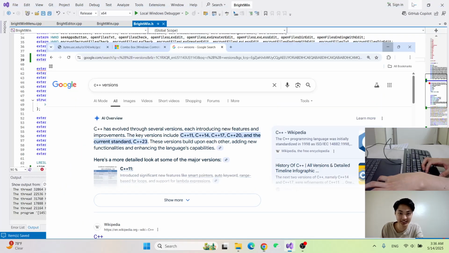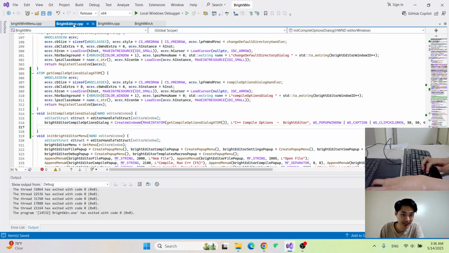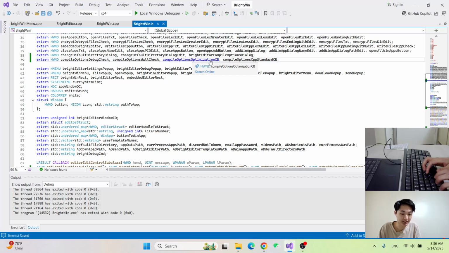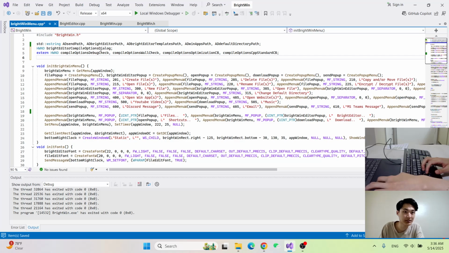Sure. Standard combo box. Okay, now let's create these things. Shoot. Okay, wait. Let's just copy this, put them here. Actually, just